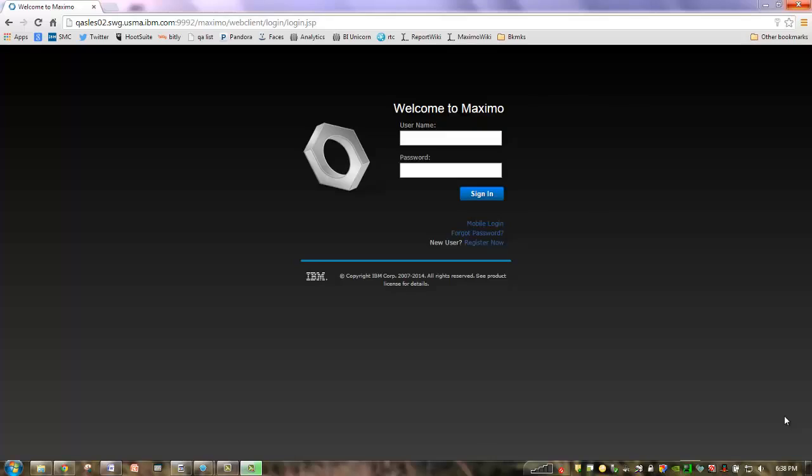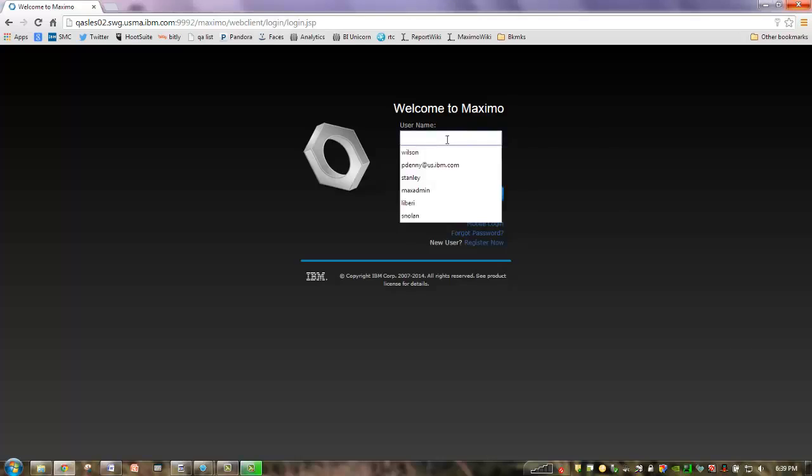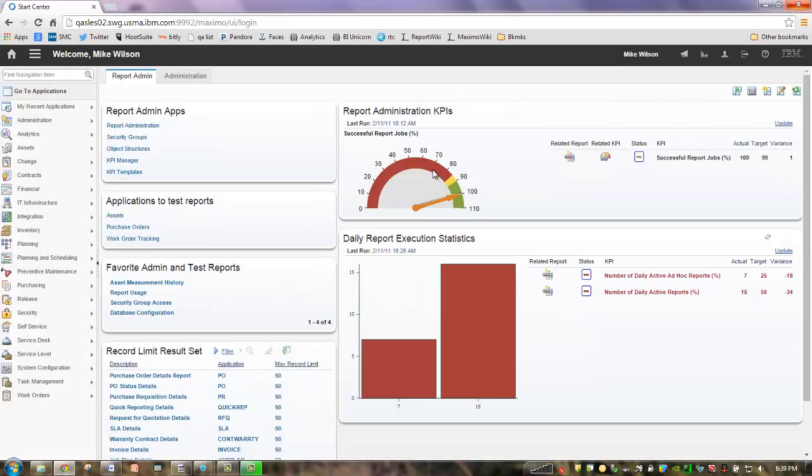And today I'm very excited to show you some of the new capabilities of the 7.6 release in Maximo related to business intelligence. The demo today is going to focus on the KPI Manager application and the new features that we've enabled. The KPI Manager application is intended for an administrator or developer, the individual who's maintaining the KPIs throughout the whole organization. So what I've done is I've signed into Maximo as our administrator, Mike Wilson, and I want